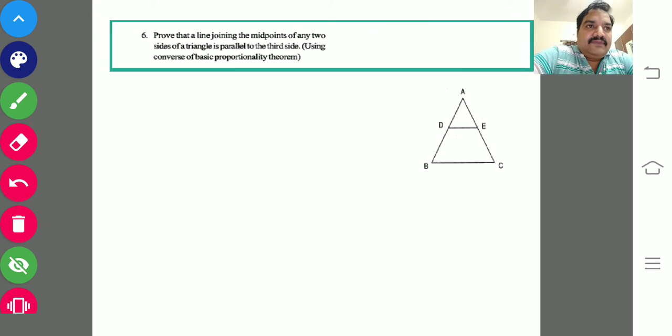Yes, this time something is different. Prove that a line joining the midpoint of any two sides of a triangle is parallel to the third side. So it's nothing but what we have proved in the fifth question. It's the converse of the basic proportionality theorem. That means you just apply that. So this time it is given that